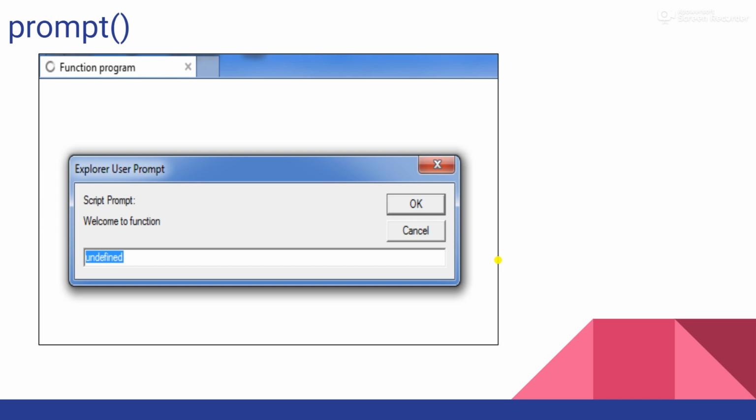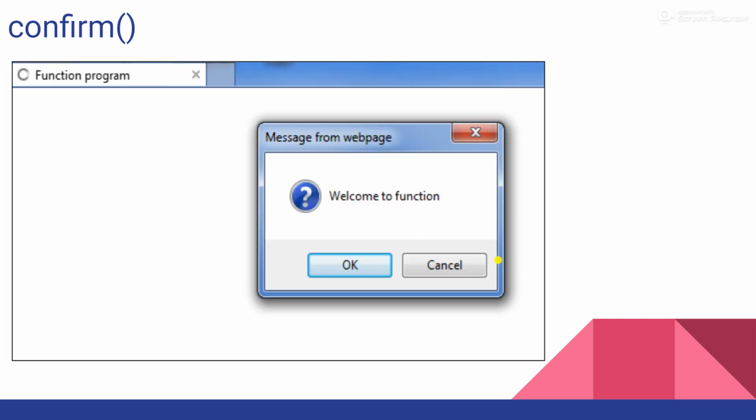When I click OK after entering my age, say 25, it will return this 25 value to some variable, and you have to catch that value in a variable. If I enter 25 but click cancel, then it will return null.